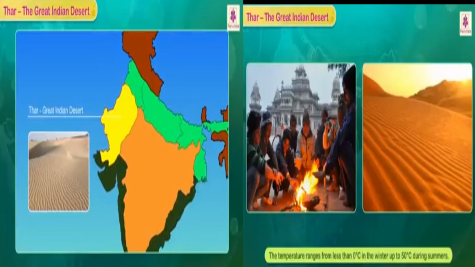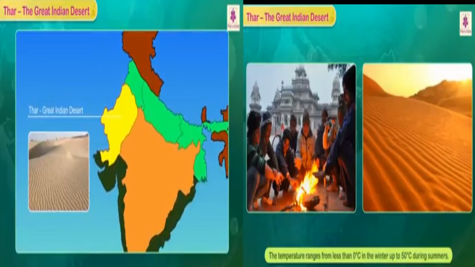And the third one is the Great Indian Desert, the Thar Desert, which lies in the northwestern part of India. It is the 17th largest desert in the world. It is mainly situated in Rajasthan, covering a little more than half of its area. It is made up of sand dunes, weathered and rocky land, and compact salt lake bottoms.